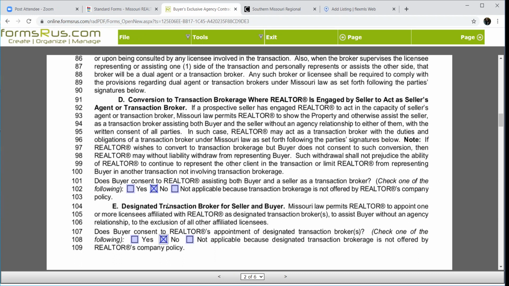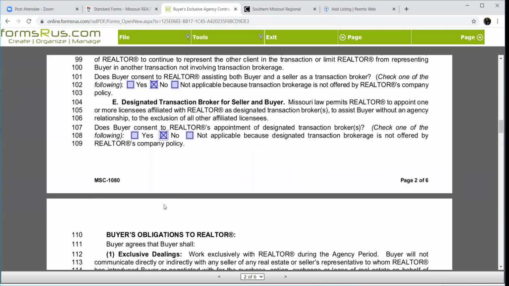If you've got a client that wants you to act as a transaction broker, call me and we'll talk through it because sometimes it does work. Sometimes it makes sense. You can go make 1 or 2% for 30 minutes worth of work. And it's great. If we can figure out a way for you guys to do that, I'm all in. But most often it doesn't work. So just try to avoid it if at all possible.